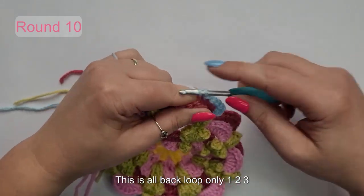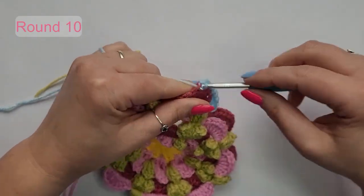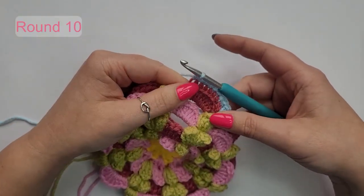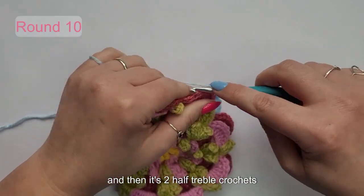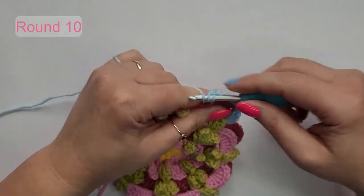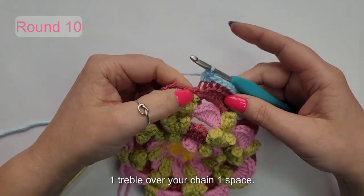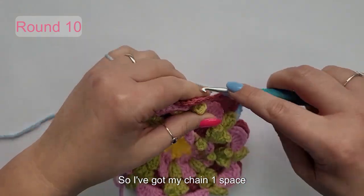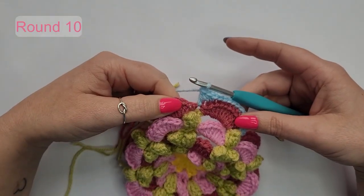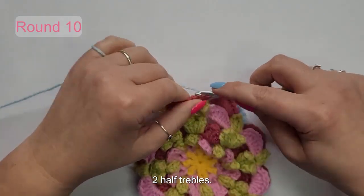This is all back loop only. 1, 2, 3, 4, 5, 6. Back loop only of your flower petal, and then it's 2 half treble crochets, back loop only, and then it's 1 treble over your chain 1 space. So I've got to my chain 1 space and it's 1 treble over that, and then it's skip 1 and it's back loop only, 2 half trebles,